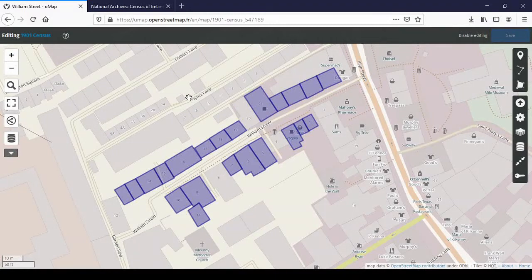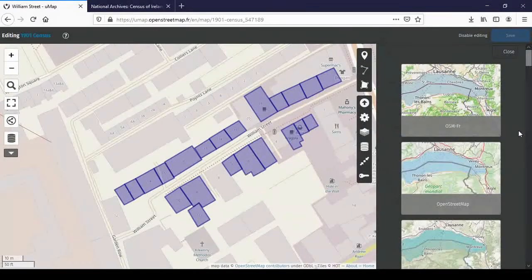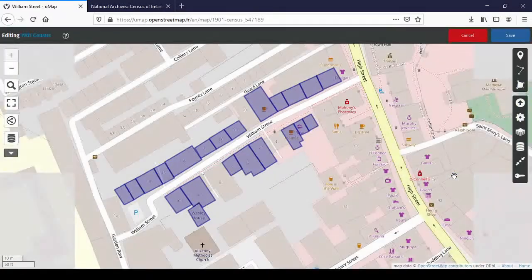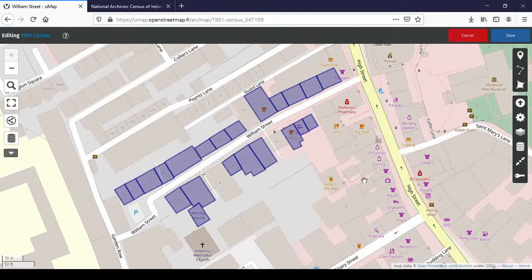So now we want to export this and send this to the map coordinator. The first thing we are going to do is change the background map back to the standard OpenStreetMap layer. You can leave that to the coordinator, but they probably will have enough to do. So back to OpenStreetMap. And then we will rename this map into William Street New,